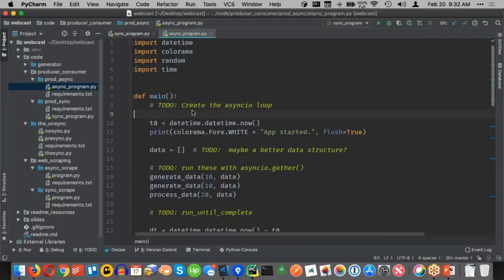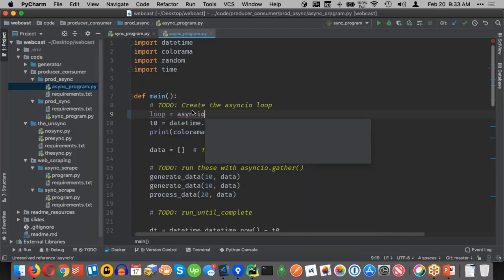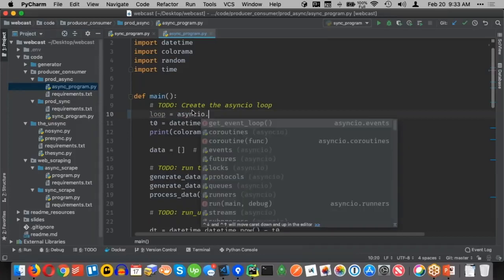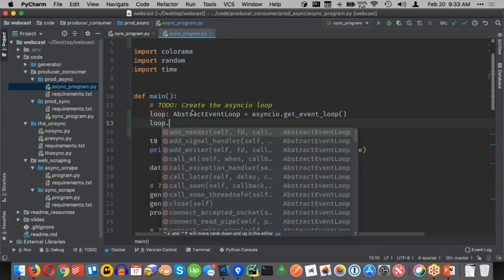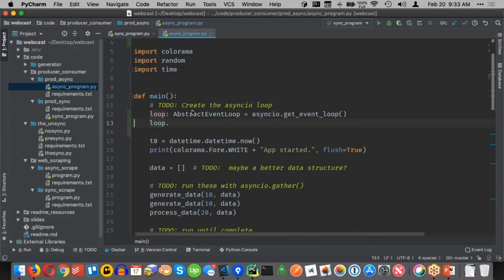So the way we do that is we go over here and say loop equals asyncio, import that, and say get_event_loop. Okay, so we're going to work with this. And if you really want to get some nice help from PyCharm, you could say this is an abstract event loop, I believe. Oh yeah. So now if you say loop dot, you get all the goodness.